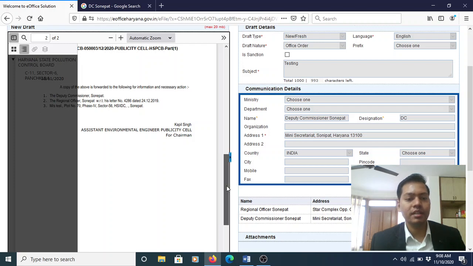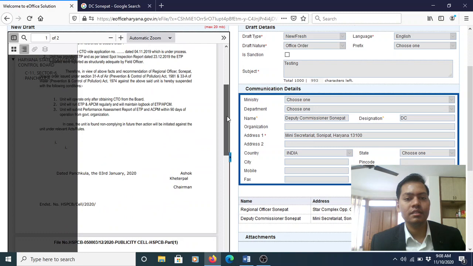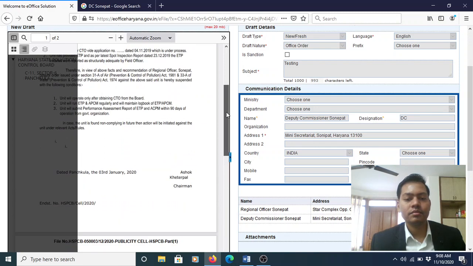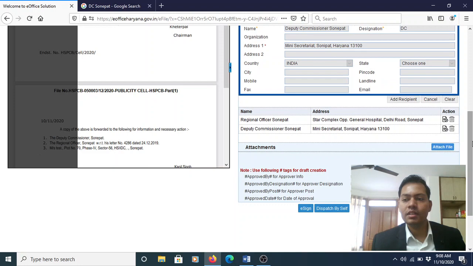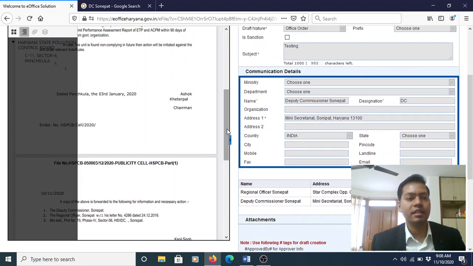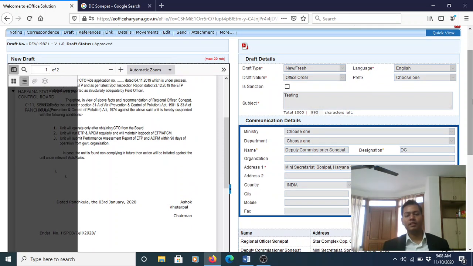Earlier there were issues like the name, the stamp getting distorted, but the issue is still there, and it is also being taken up with Heartron and NIC. But till that time, the ways that we have learned today, that is clear formatting the draft document and aligning